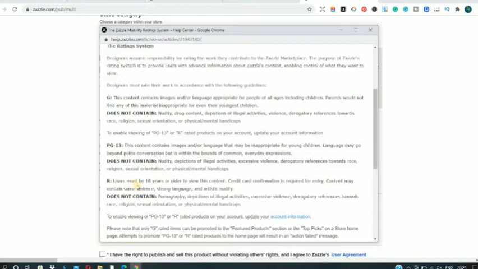And R means users must be 18 years or older to view this content, because it's related to some violence, some strong language, some artistic nudity or something like that.